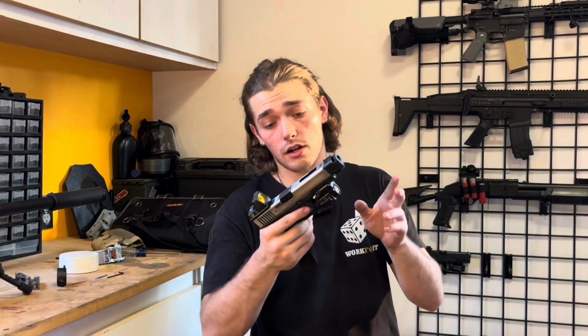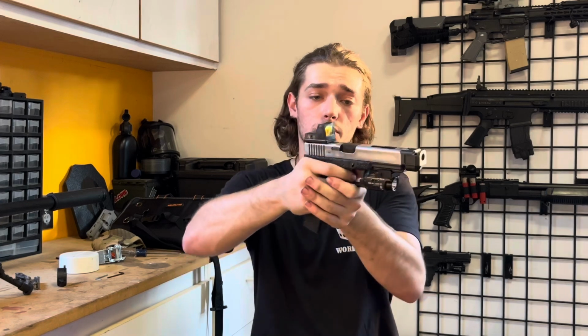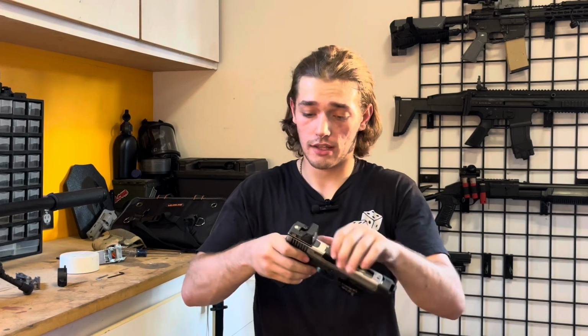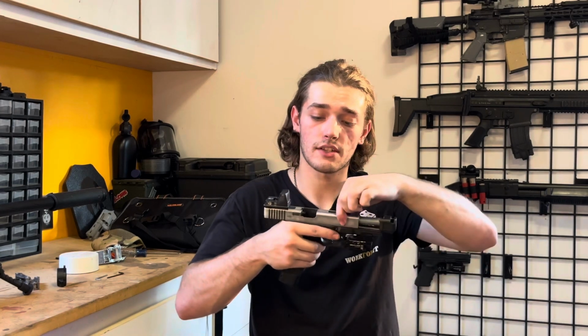Okay, so I got it to go. Like I was saying, it does still have the full auto, and it is fairly fast for a pistol. It's not too bad. I mean, with an RMR, I think it's fine. With the short stroke, if you do too much of a short stroke, I've noticed it doesn't lock back, which